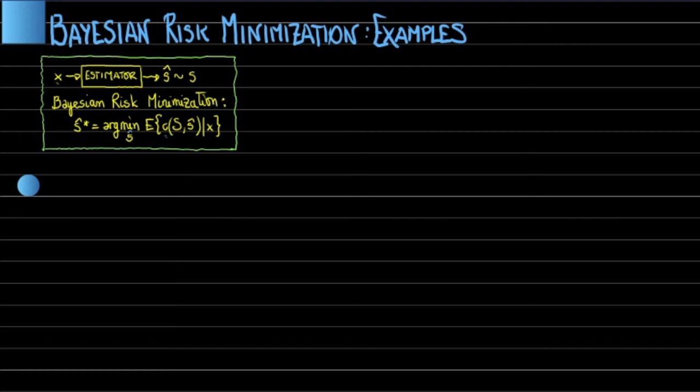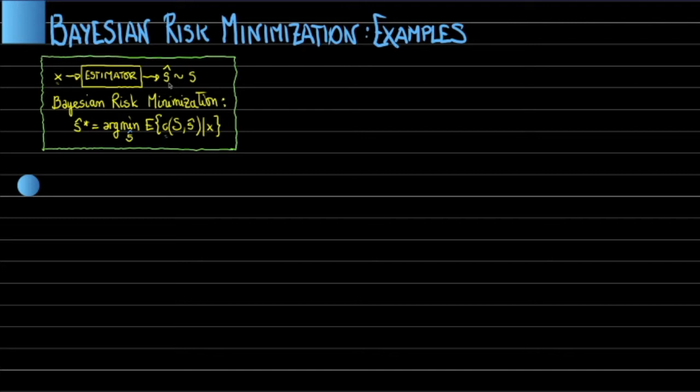Hello, in this video we will discuss two particular examples of the Bayesian risk minimization. To start with, we will take as a starting point the general estimation problem. Remember, the goal of the estimation problem is to design a system that we call the estimator that, given any observation x, produces an output S hat which is in some way similar to the value of some target variable